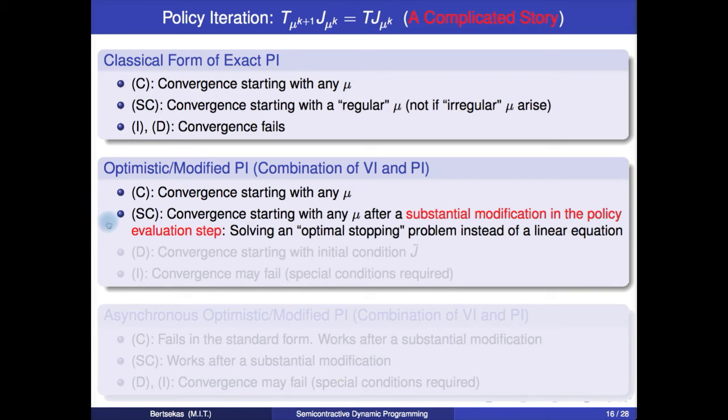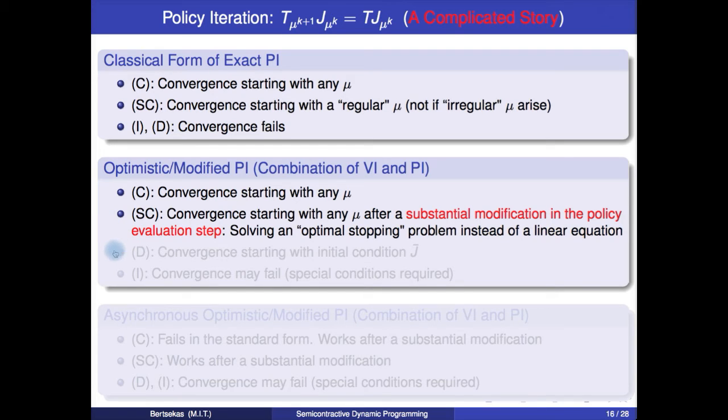In the semi-contractive case, we're going to examine this a little later in the last lecture. We have convergence under some conditions, but only after a substantial modification in the policy evaluation step. Briefly, we create a certain stopping problem, imposing an artificial stopping action which keeps the iterates bounded. So this is quite different, but you have reasonably